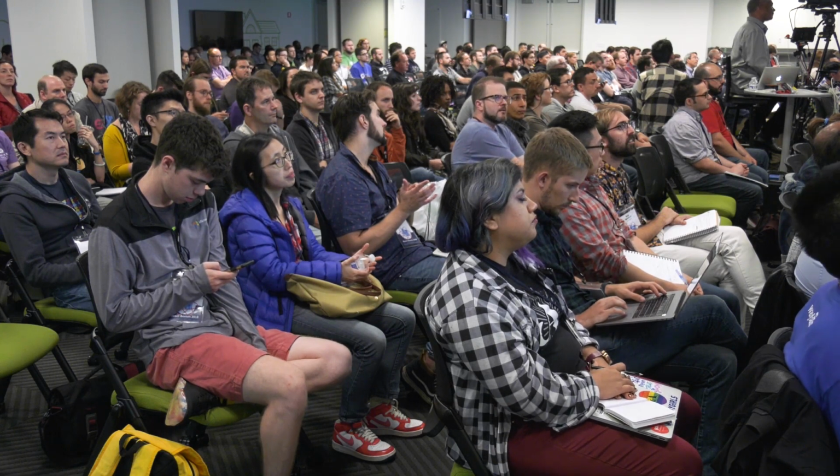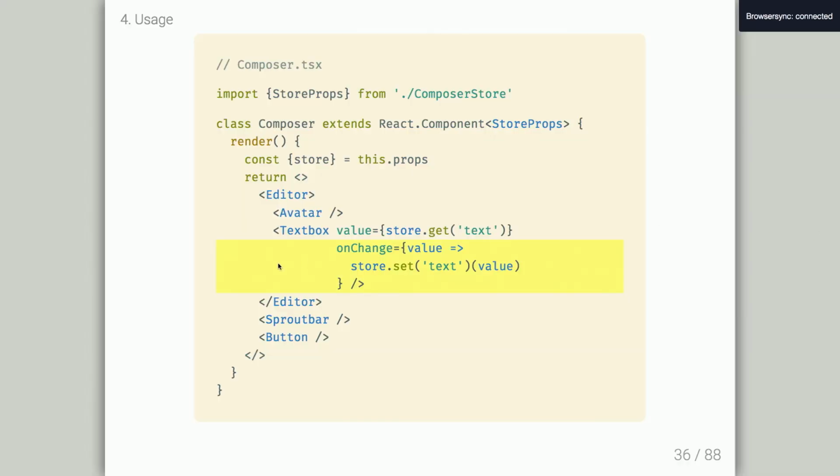All right, to update the store, it's just store.set. This is the key, this is the value. And again, if you misspelled this, it's a little red squiggly right as you typed it. And value is known to be a string at compile time. So if you passed in something else, let's say you passed in a number or a nullable string or something, it's a little red squiggly right as you typed it.